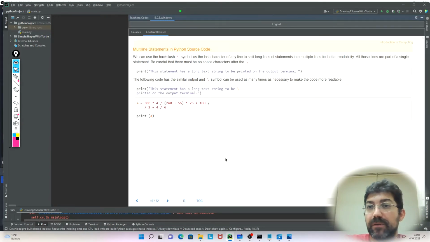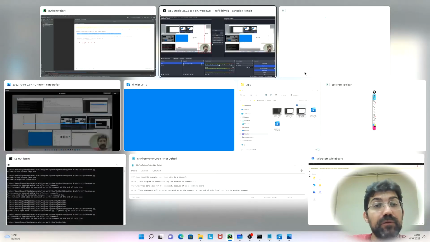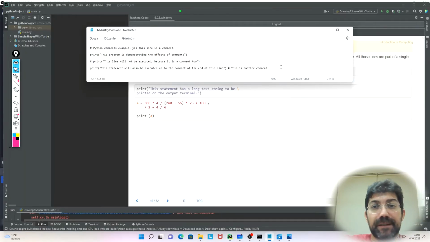One more thing about the Python programming language is that it expects each statement to be present in a single line. Even if it's a very long statement, let's say 1000 characters long, this is possible, but it's not human readable when you have such a long source line statement. And if you put it on your source file,